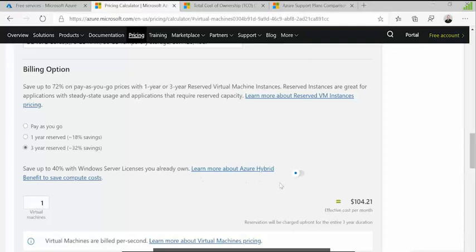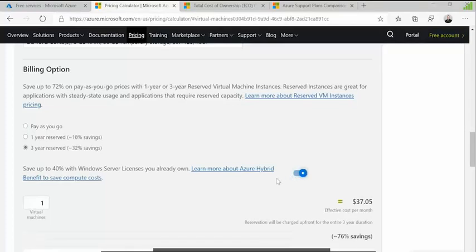I'm just going to make one little switch here. Watch what happens to that price. Same VM, haven't changed region, nothing else, nothing up my sleeve. It's like a magic trick. I click on it. Now I'm down to $37 for the same exact virtual machine because I'm smart about my